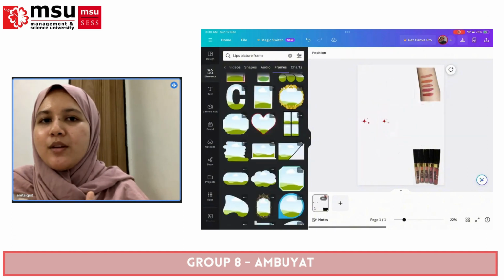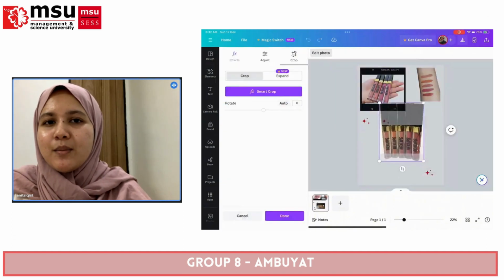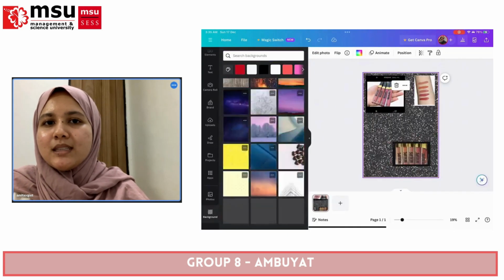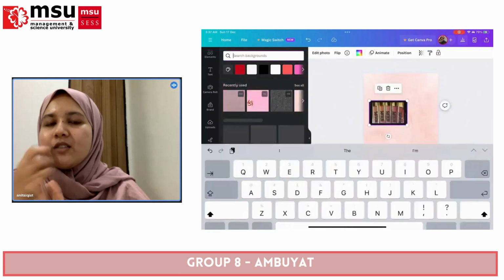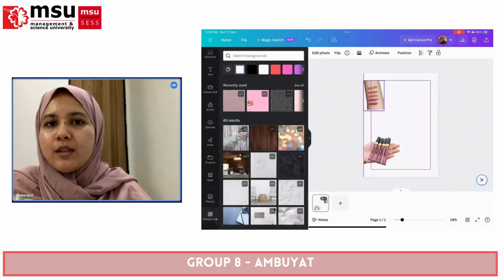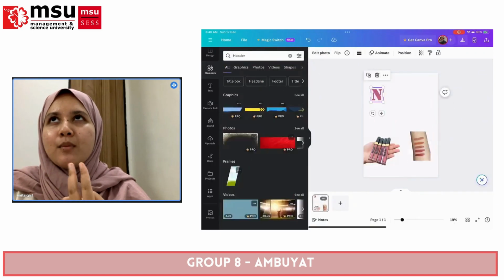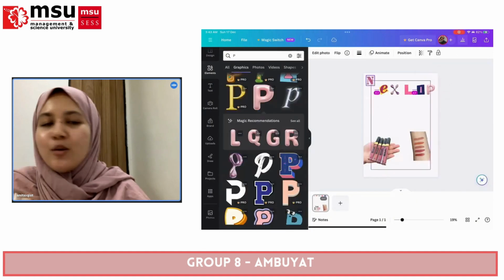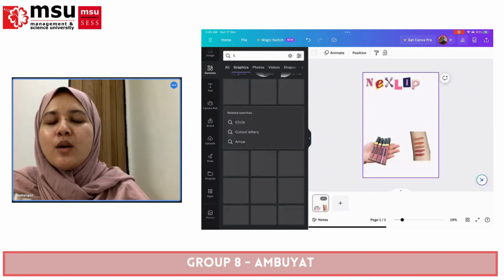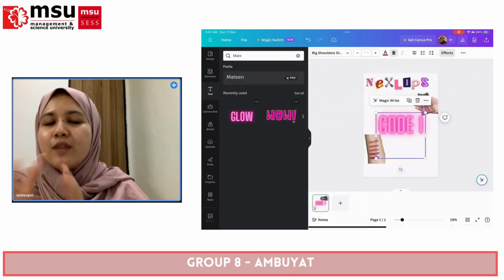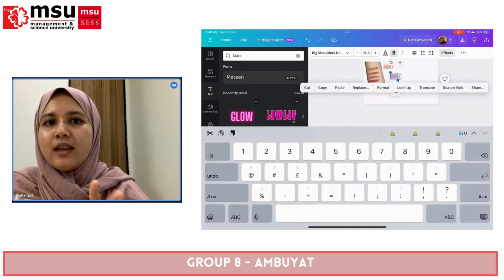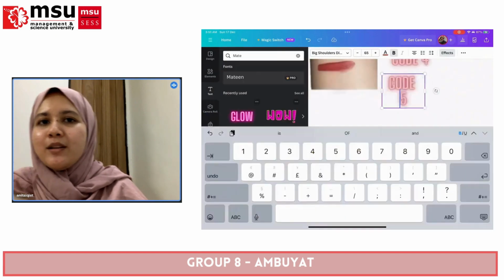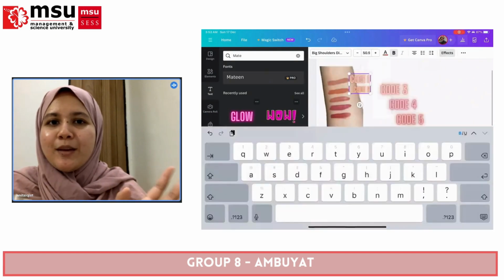For the second one, the lipstick business, the name of the lipstick brand is Next Lips. I did a poster for them and also a logo. I use red a lot for this logo and for the poster because if you think about lipstick, automatically you think about red lipstick.